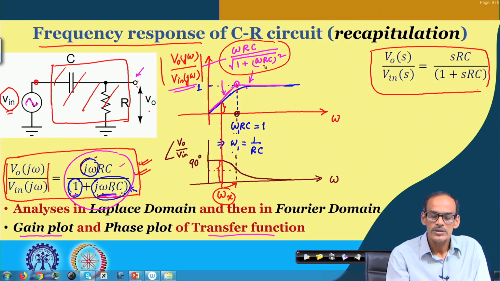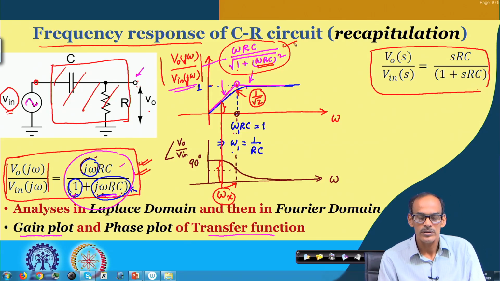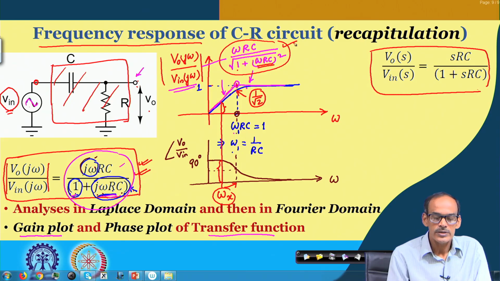And if you see that at omega 1 this part becomes 1 and this is 1. So, we can say that this part is of course 1. So, at omega 1 precisely, this value is 1 by root 2. The approximated equation is saying that it will be 1, but the actual value, if you see the blue line and if you consider the equation there, in the denominator you will be getting root 2, which means that if we